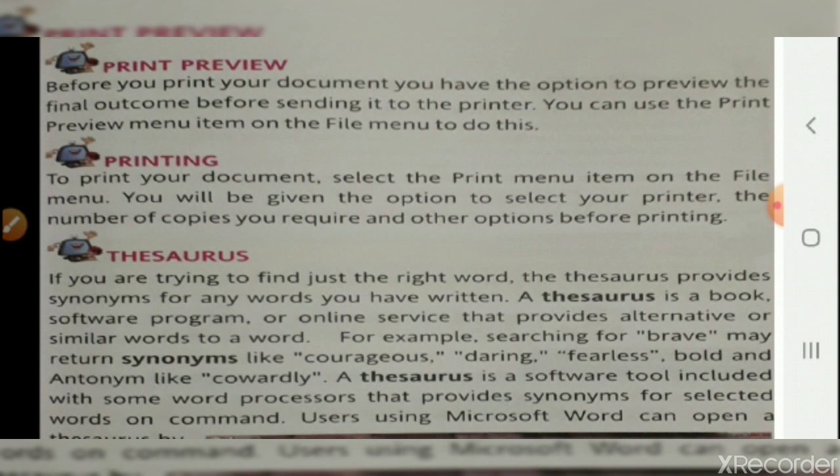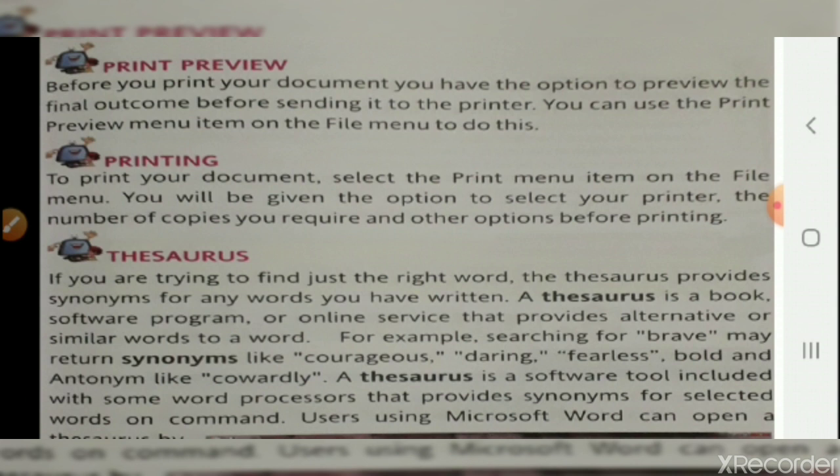It is a book, software program, or online service that provides alternative or similar words. For example, here the example of brave is given. Synonyms of brave are courageous, daring, fearless, bold, and antonym like cowardly.